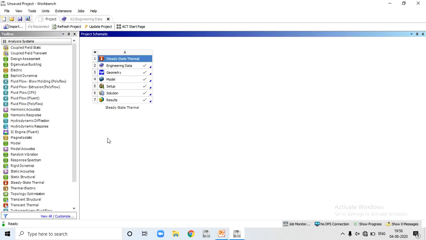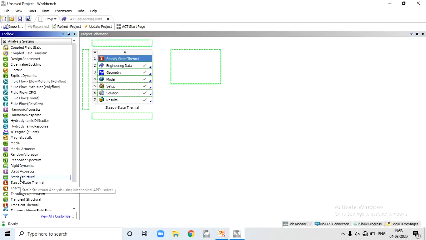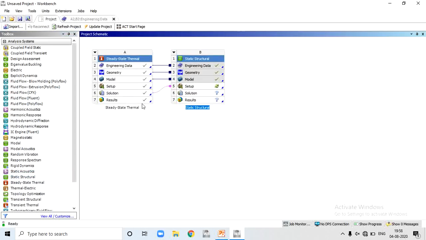How to club? Just pick and drop onto solution. When you pick and place onto solution, the engineering data, geometry, model and boundary conditions are all taken as they are for structural analysis.